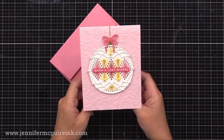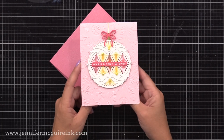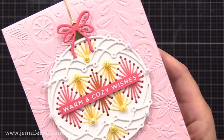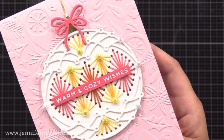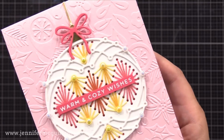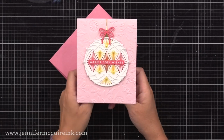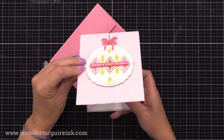It is white hot foiled. Yes, they have white foil, and I used the same foil sentiment set that I showed you earlier. I did add some yellow pearls and white pearls here and there on the ornament just for a little extra shine. Now, since the cardstock I used to create this note card was a little lighter weight, only 80 pounds,